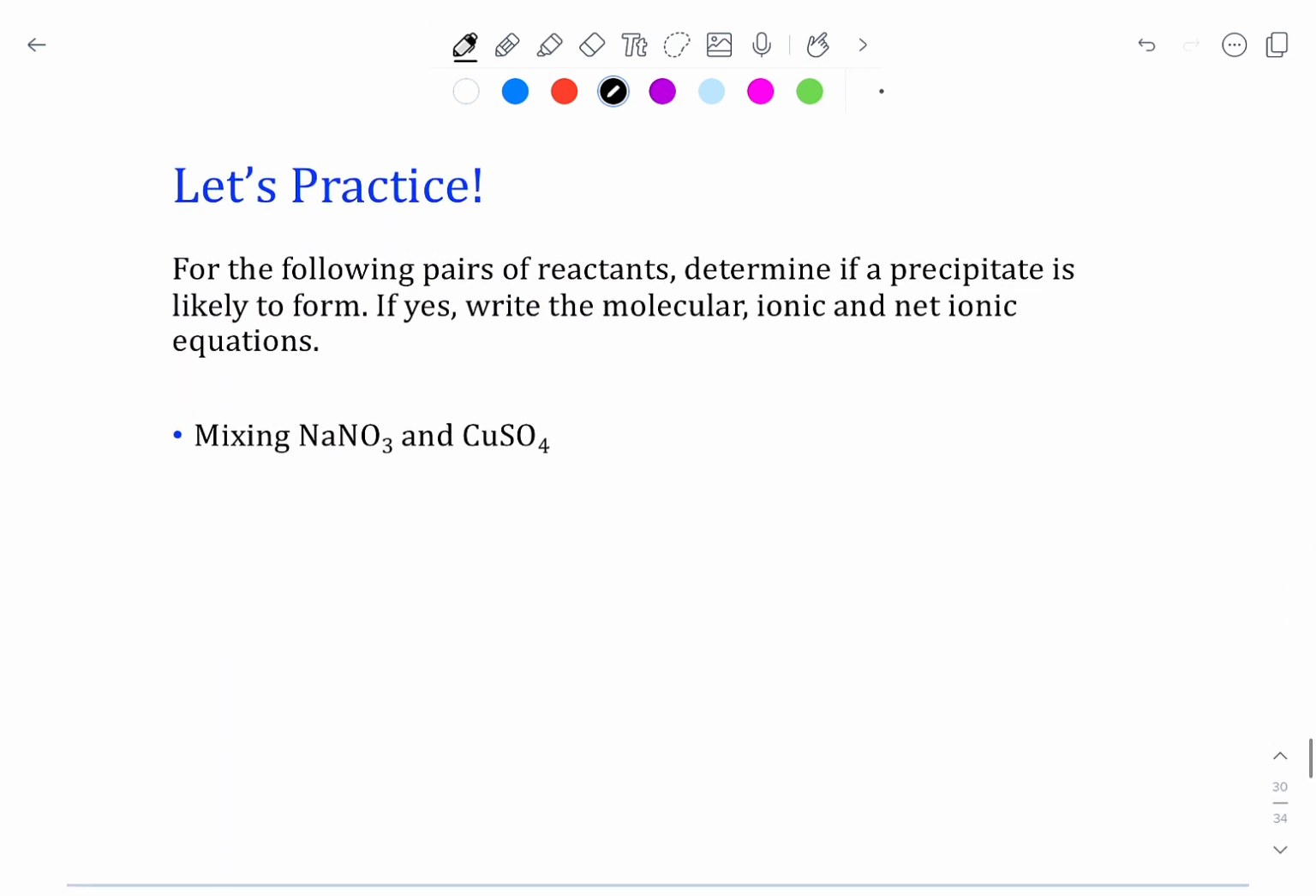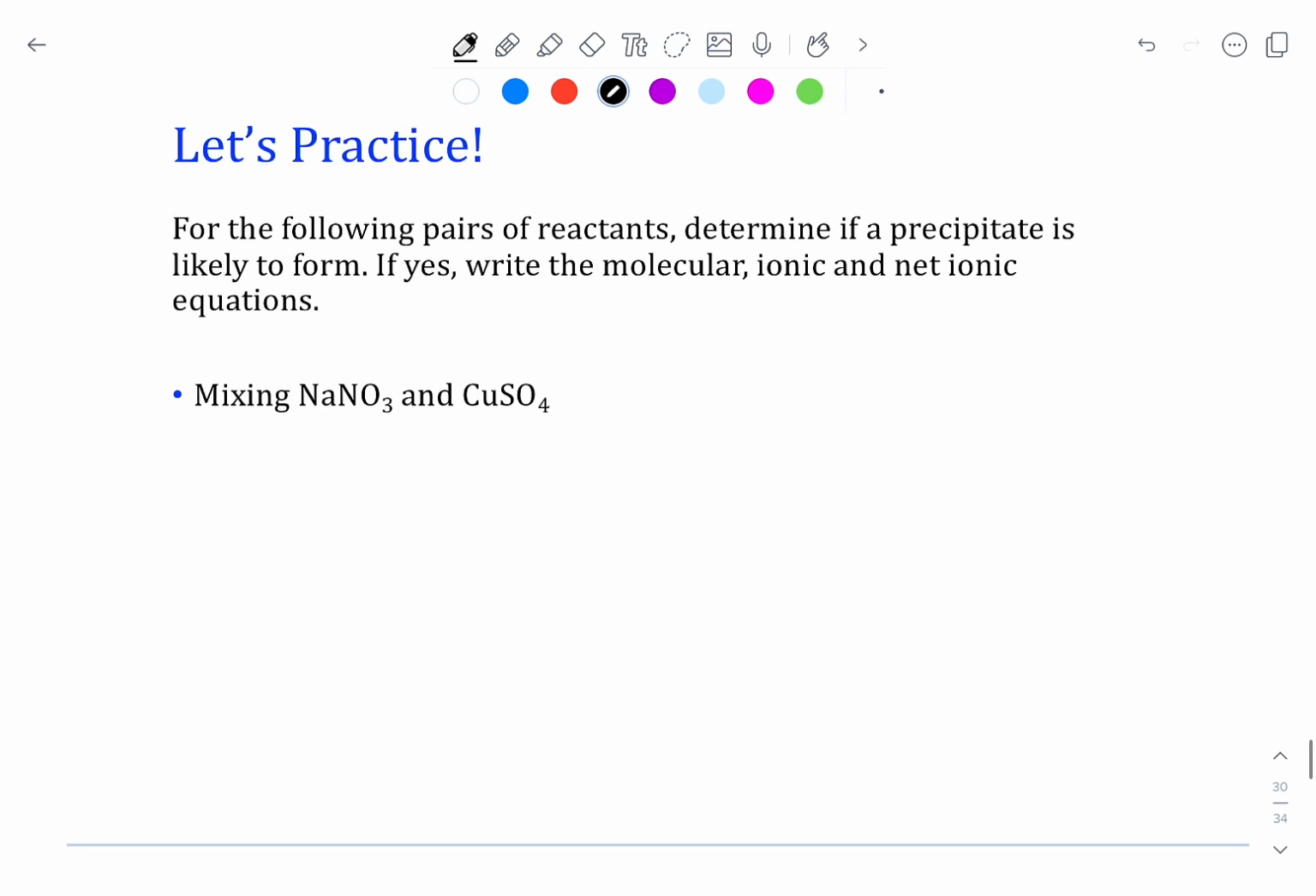Okay, so let's keep practicing. The best way to learn this is to practice, practice, practice. In our first example, we're mixing sodium nitrate and copper sulfate together. The first thing we want to do is write out our balanced molecular equation and determine if a precipitate is likely to form. So we take